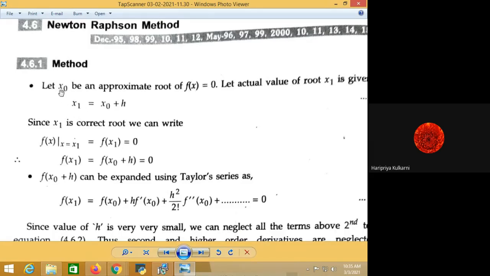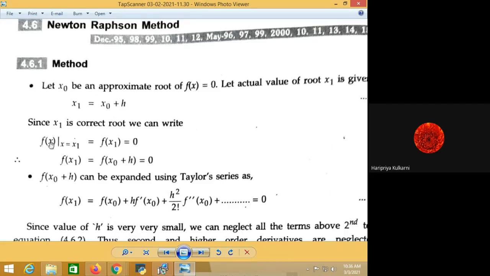So see here, let us say x0 is the initial approximation, then the next approximation is nothing but the initial approximation x0 plus a small value h, where h you can call a step size. Okay, so whenever we are saying the next approximation is x1, it means that if I put the value of x1 in the polynomial equation, its value is going to be 0, because when it is 0, only then are we saying that it is the satisfactory root of that equation. Okay, so x1 is equal to x0 plus h.